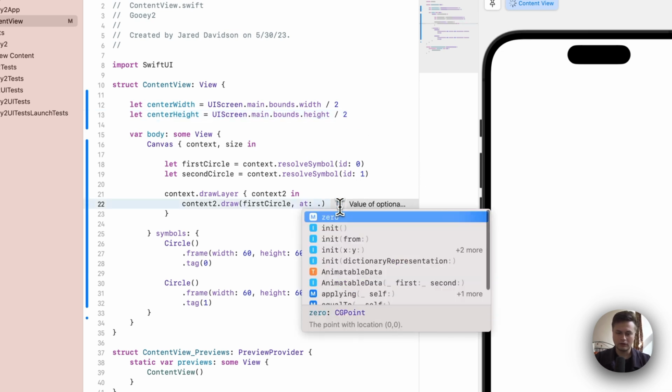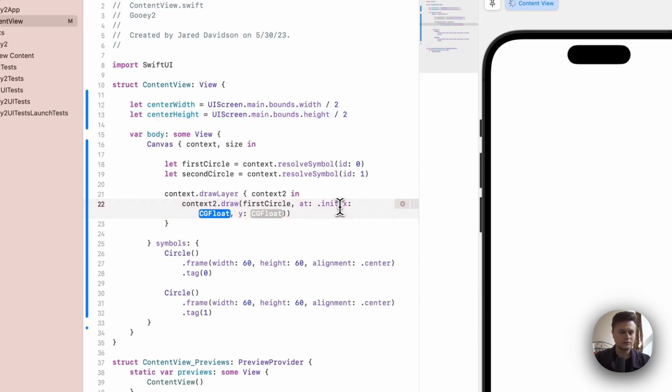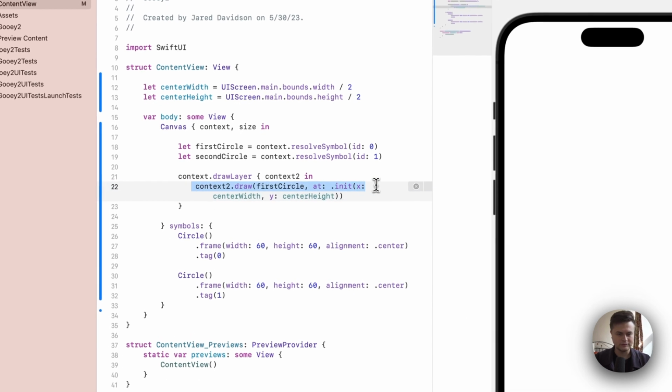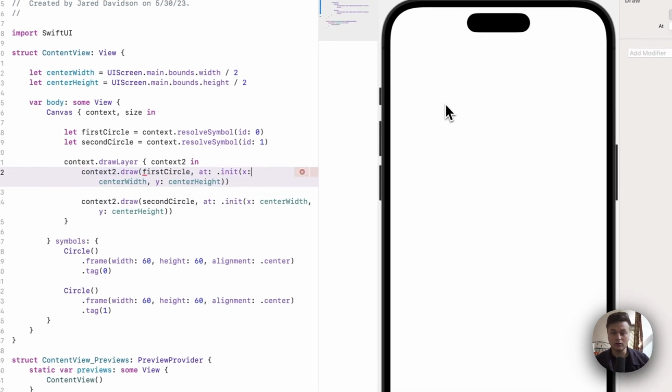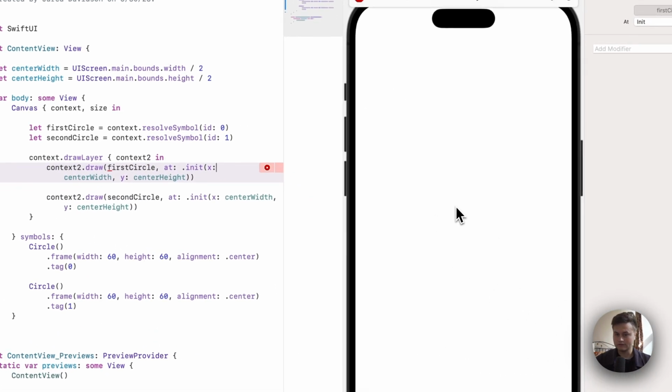So now if we go back down here, we can say init with the x and y values of center width and our center height. And then we can go ahead and do this exact same thing with our second circle. And so now we should be able to see a circle right in the center of our screen, unless it